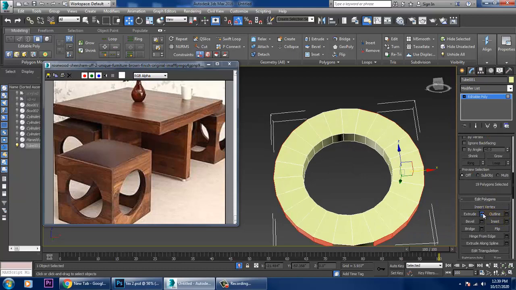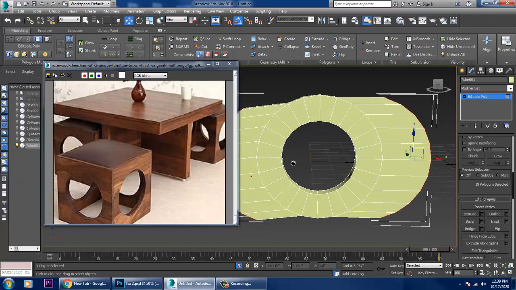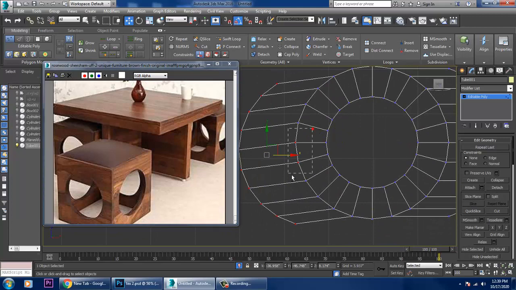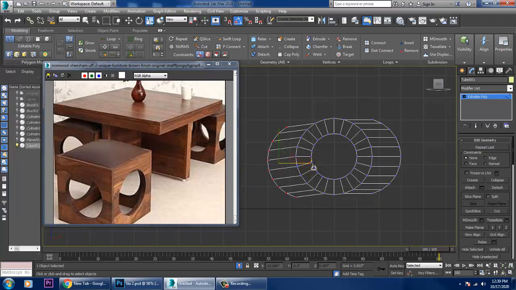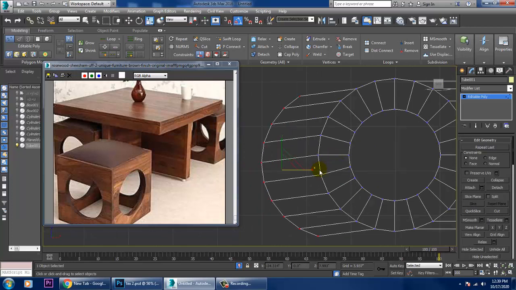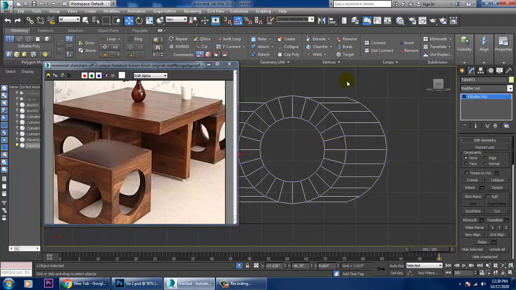Once you've extruded it, extrude it straight, click OK. Let's go into its vertices in this view, exclude this, press R and scale this, push it up, make it straighter. This is a good method which you can use. Again scale it and make it straight.